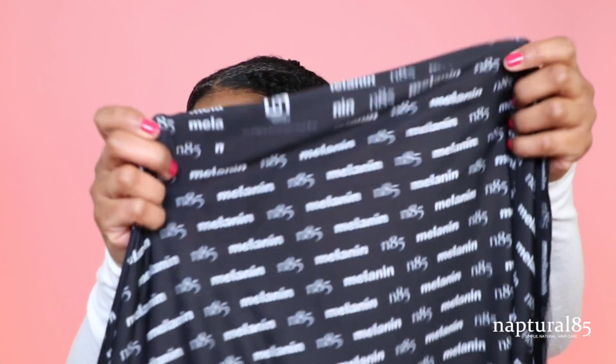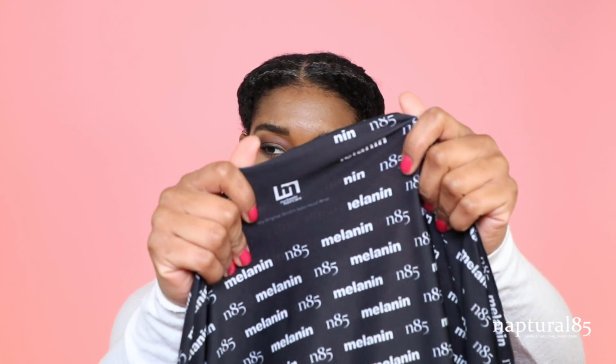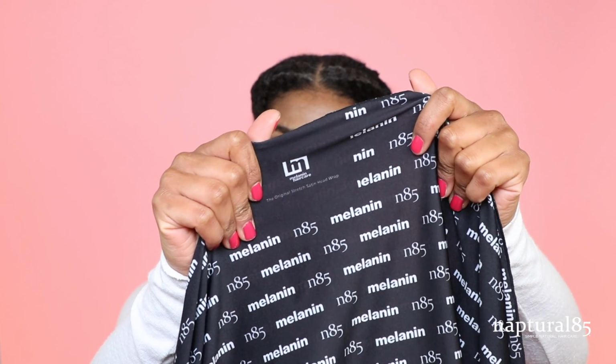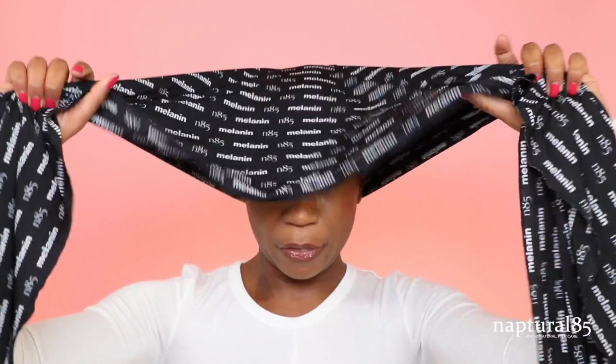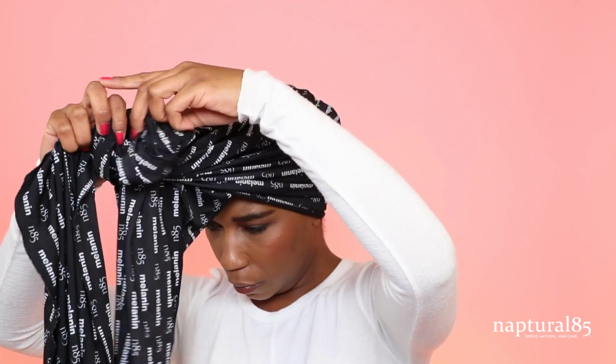So all of our head wraps have our little tag on the inside that says Melanin Haircare, the original stretch satin head wrap. You're gonna wanna find that and put that on the inside. Unless you wanted to show, then that's cool. By all means, do your thing. So with the tag facing on the inside, you're just gonna throw it over your head, gather it at the front like so, making sure that this middle part is coming down, and then you're going to make a knot